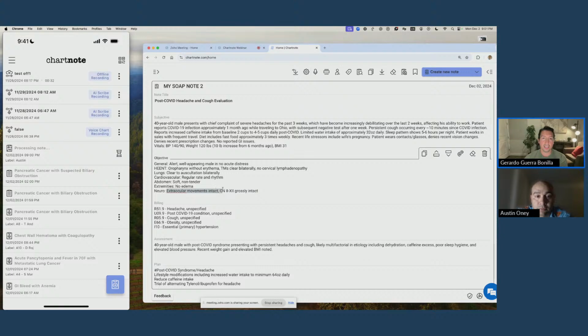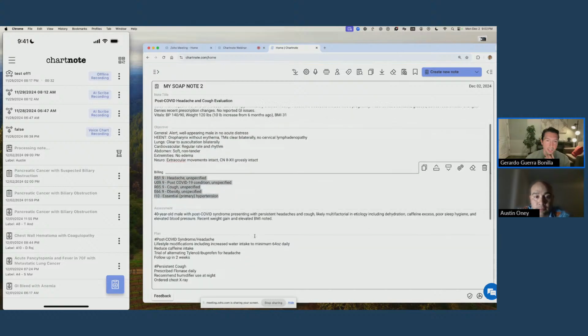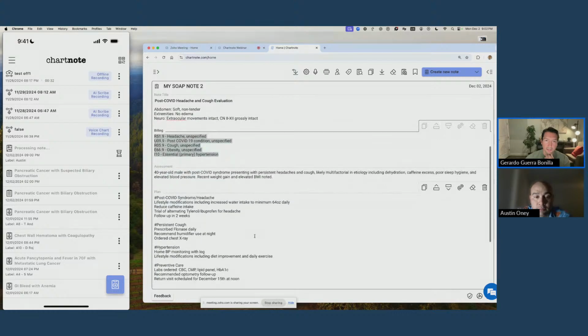Like for example, I told you to follow my finger, and it translated that into extraocular movements intact. So that's pretty awesome. I was saying that I didn't see anything on your throat, so it translated into medical language. So that's pretty nice. And then it's putting all the ICD-10 codes,